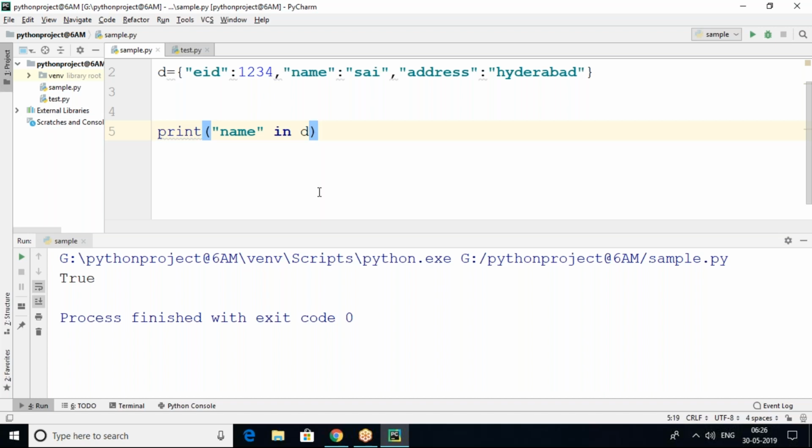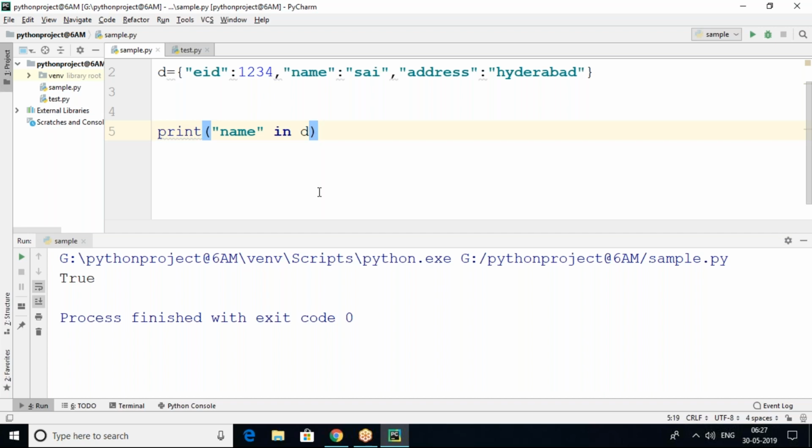Tuple also we can use. Tuple is nothing but the same as a list, but we cannot change it. Sir, I want to create data type elements but I don't want to change them, that means tuple. A string also cannot be changed once we create it. So in this kind of situation we can use these data types. This is about the complete data types present in the Python programming language, which can be used in various cases.